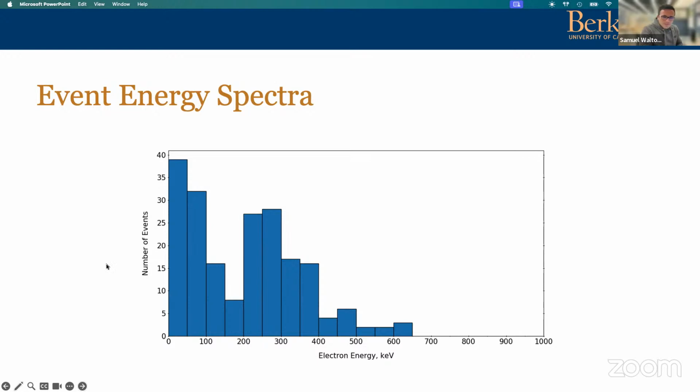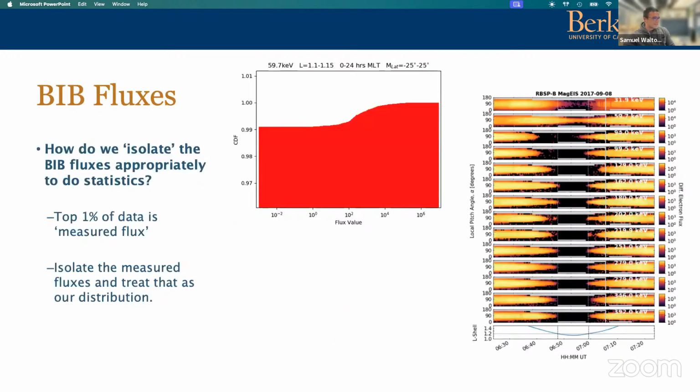Whether or not this is something I haven't thought of, like a bias in the data, I'm not sure. I really don't know, but it puzzled me too much and was getting me distracted from what I wanted to do, which was a statistical study. So we'll pick that up later, but we decided to take a different approach to analyzing the statistics of electrons below the inner radiation belt.